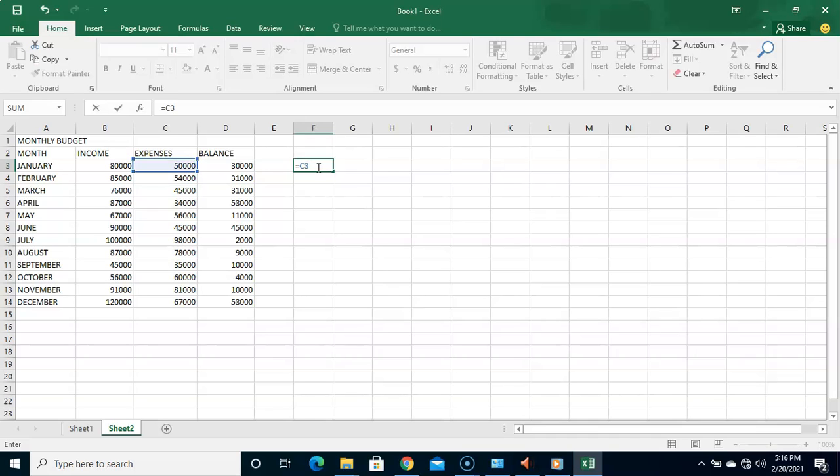So on my own keyboard, I have to hold the function key, which is FN, then I will now strike F4. So if you look at it now, it has changed. You now have $ before the column